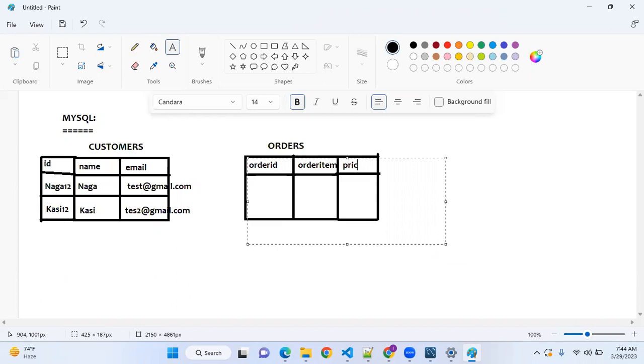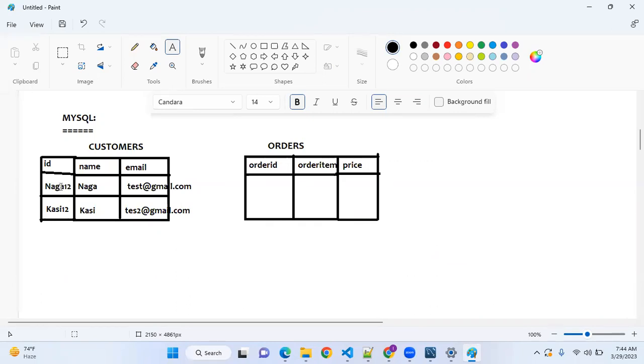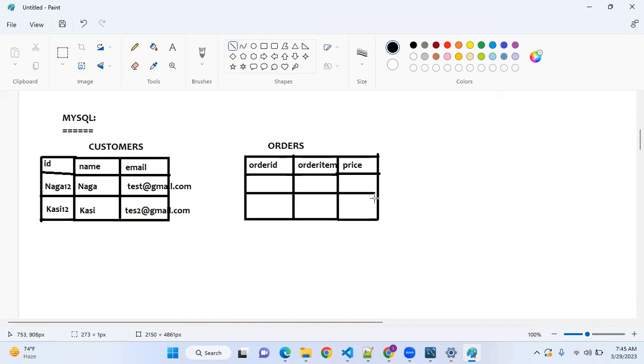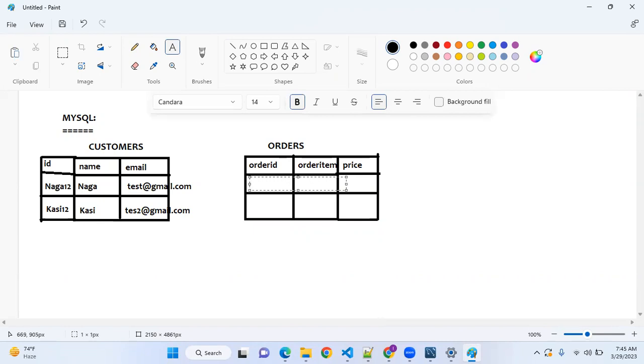Okay, why I'm saying this point is, orders are not meant for a particular person. They are not associated with a particular person. So for some people there may be no orders. For some people there may be hundreds of orders. For some people there may be only one order. But definitely there will be a relation between these two tables. Okay, what is that relation? For example, a transaction ID will be generated uniquely, right?